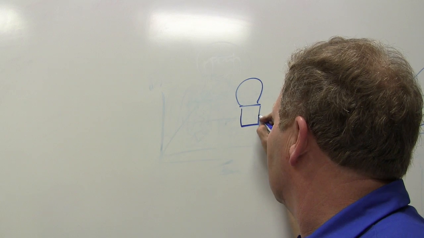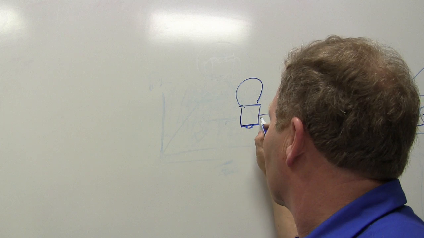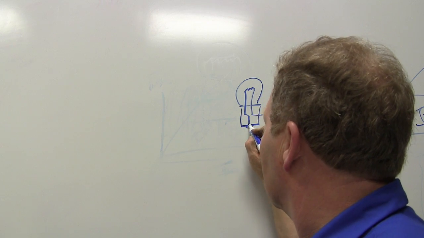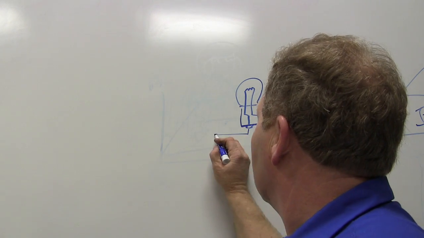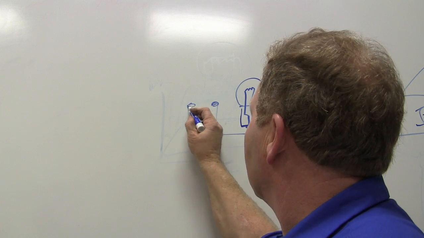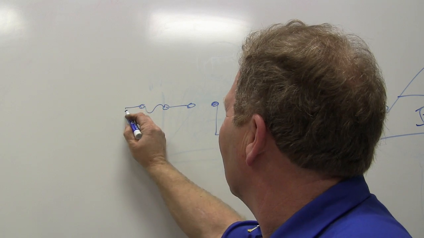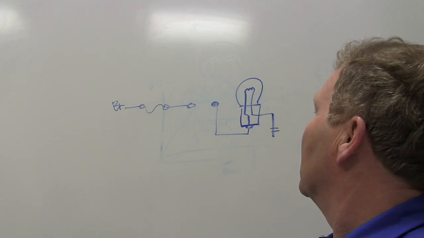This right here is your stoplight bulb. We're just going to make it real simple. We're going to make this come up here, we're going to come down here, and we're going to go there, right? Okay, we've got a stoplight switch. We've got a fuse. We've got B plus. Right there, is that good? All right, now then,